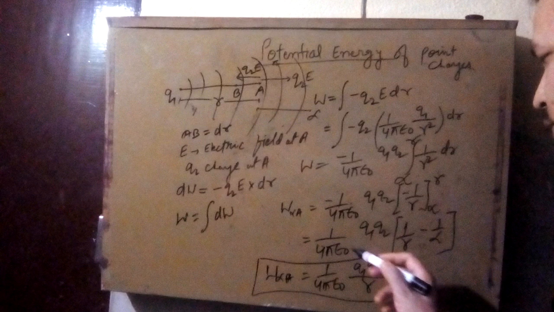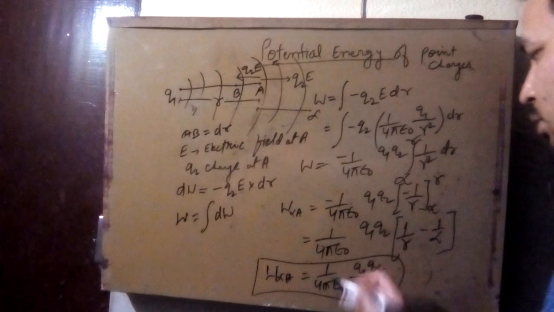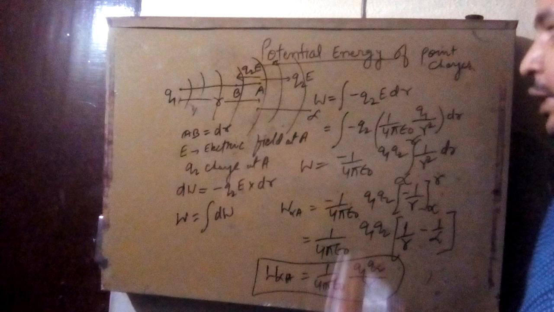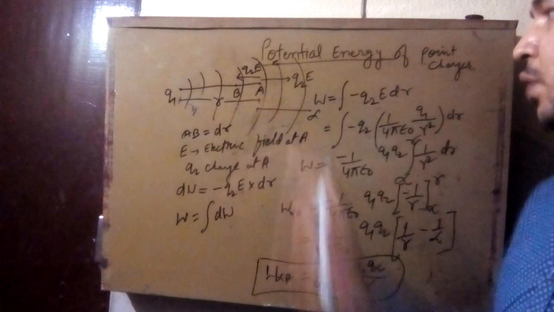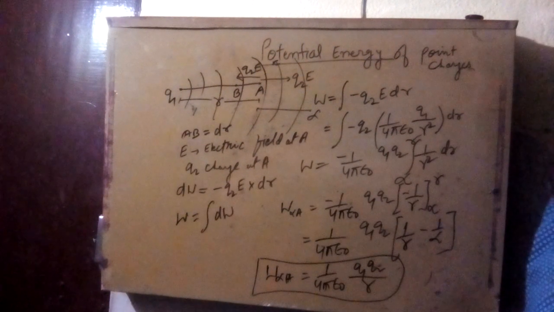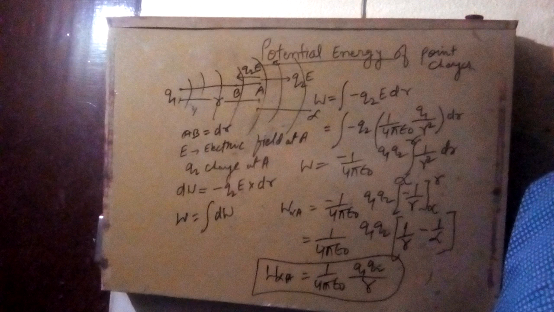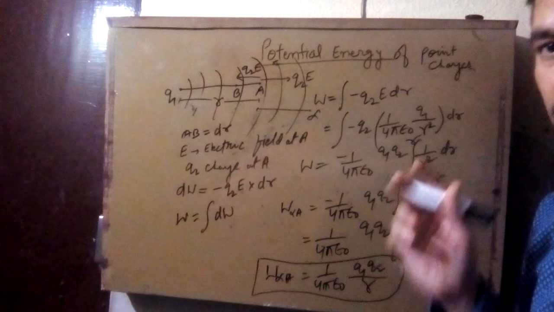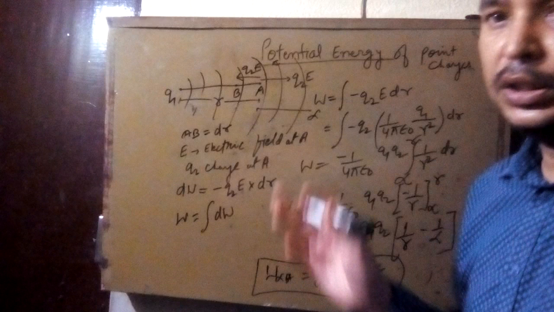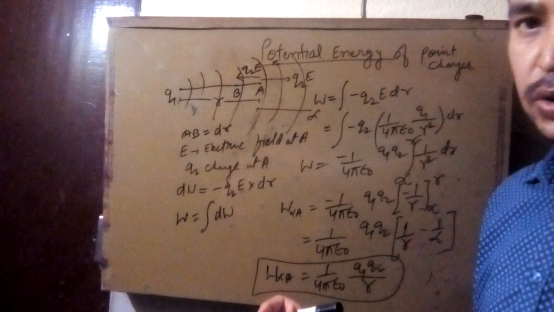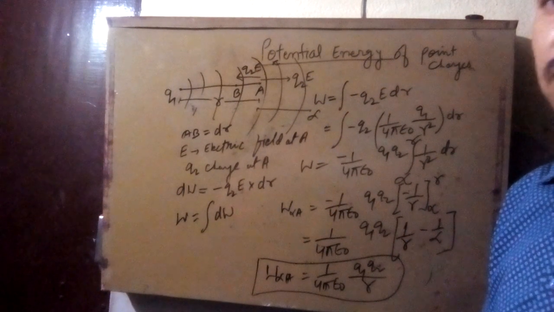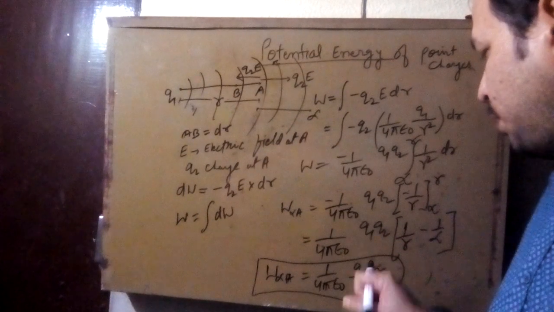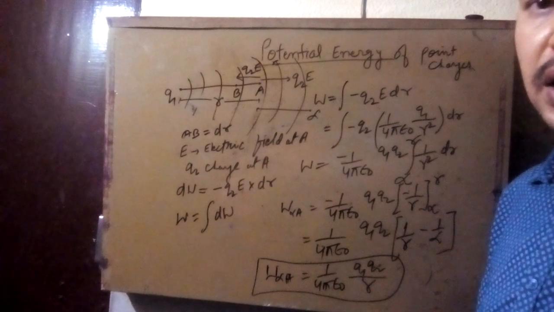You can see, students, that 1 by infinity is 0. So this is the total work done to move a charge from infinity to a given point inside the electric field of one charge. It means to assemble the two charges, to make a system of two charges. We have to move a charge in the electric field of the other charge, so we are assembling and making one system, and that work done is 1 by 4 pi epsilon Q1 Q2 by R.